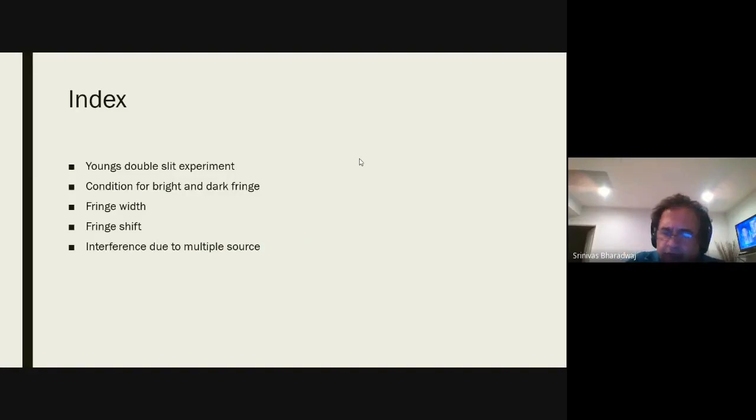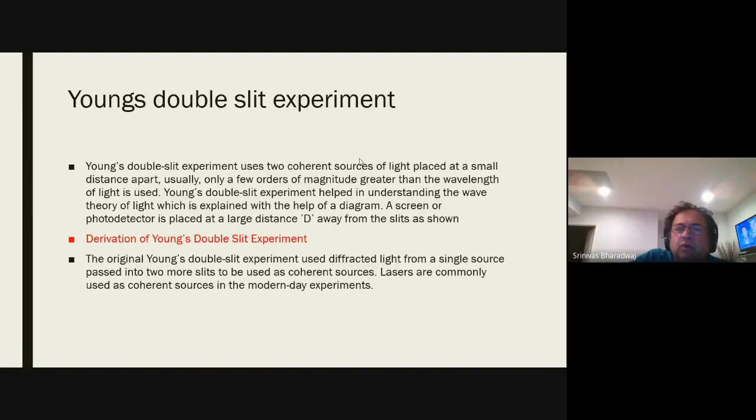Anyway, we looked at Young's double slit experiment last time, and we looked at the conditions for bright and dark fringes. As we discussed, Young's double slit experiment deals with this idea called diffraction. So what is diffraction? Diffraction is based on the wave aspect of light. It discusses how